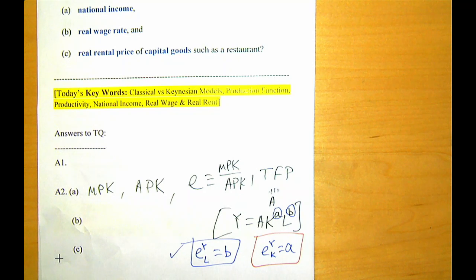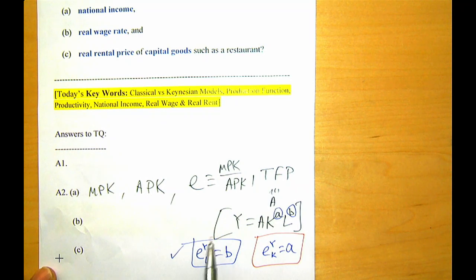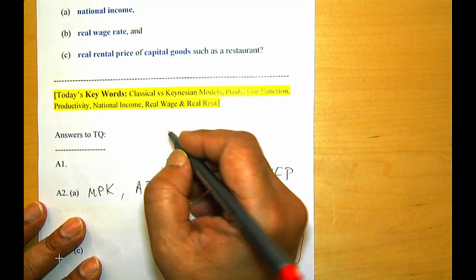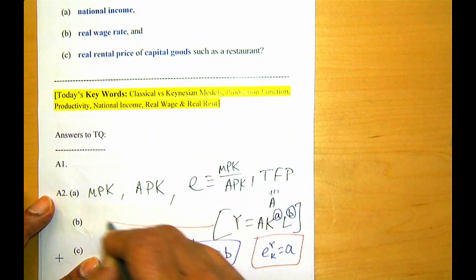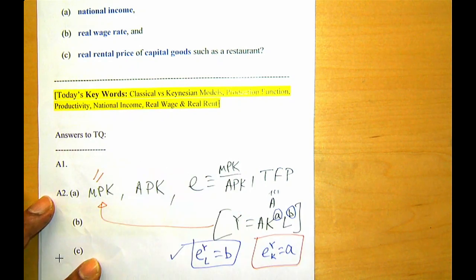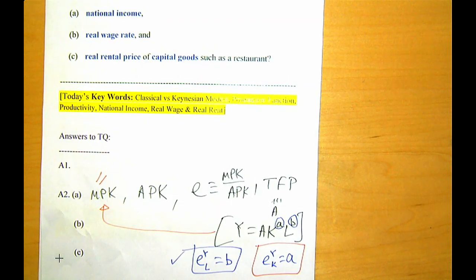So let's see if I can get an answer from you. If you know calculus, you can take the derivative, but you may also choose not to take the derivative and answer right away. So if this is the production function, what is the value of the marginal product of capital? Can you answer that? Given this production function, what is MPK? Dylan, you can go first if you like. What's the marginal product of capital? Okay, everybody.